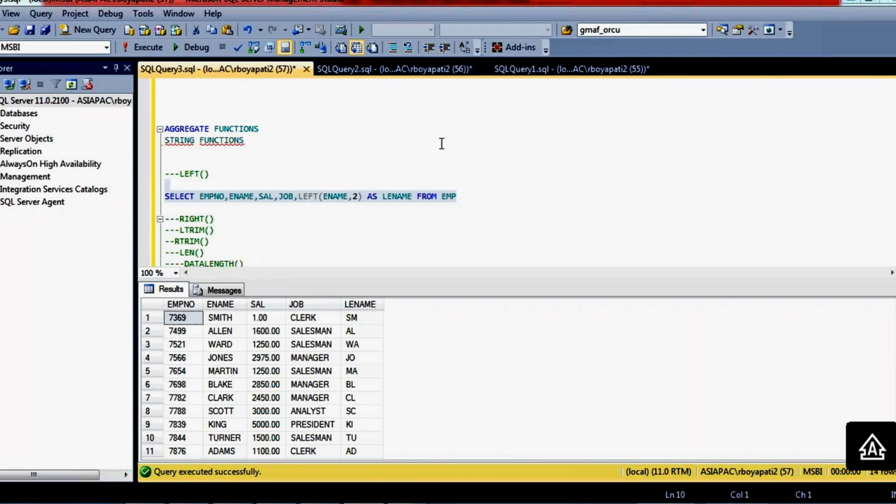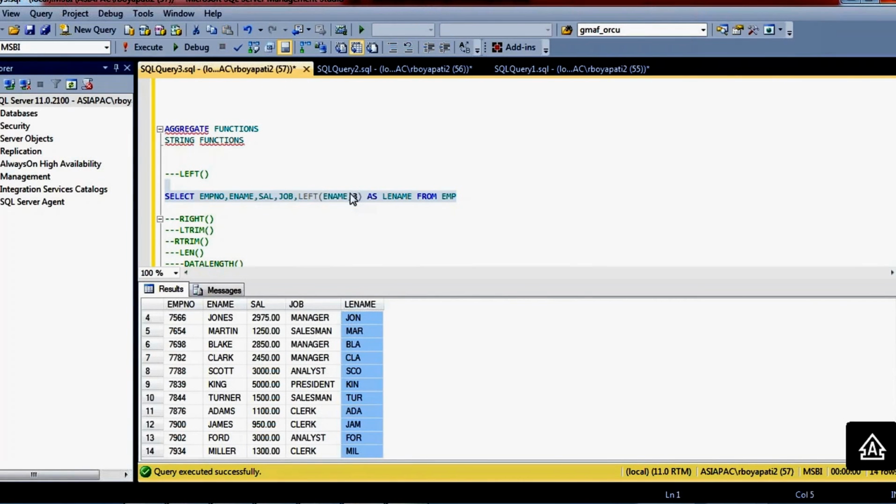Clear? So if you want 3 characters, simply change 2 to 3. It will give 3 characters from the starting of the left side. It will start the counting from the left side, and once it finds the 3 characters, it will give 3 characters.